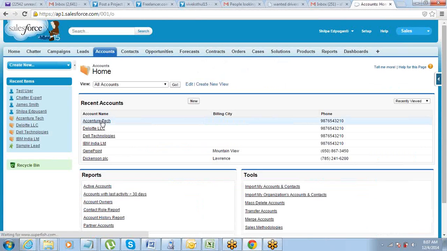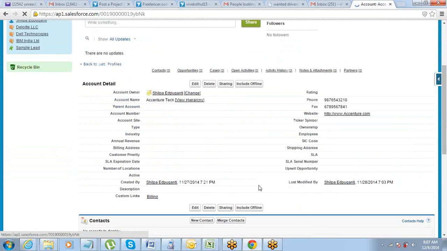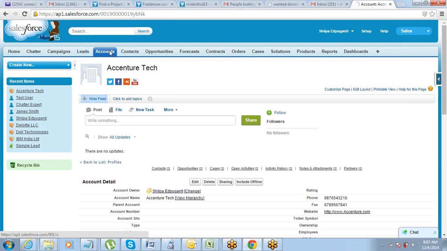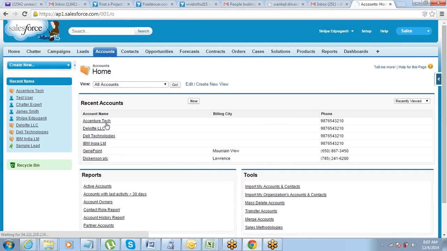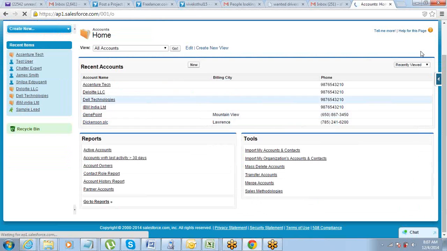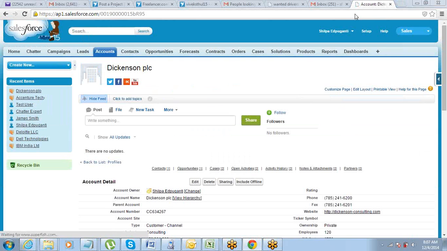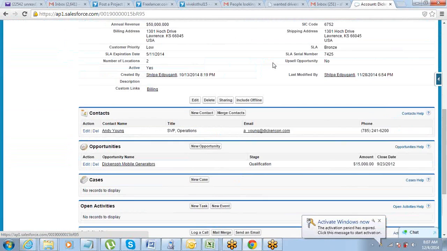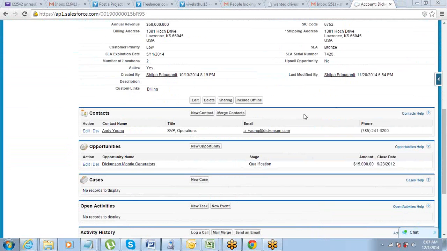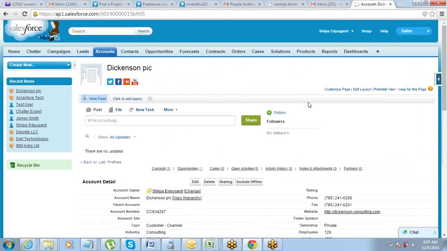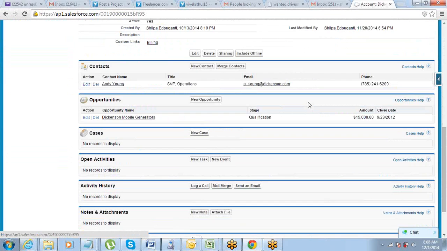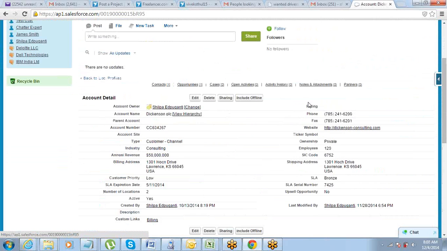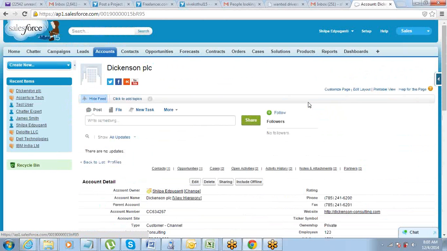So whenever you go to any object and click on a record, it opens up with a certain page layout, right? So this is how that looks. This is how the page layout looks. Let me open any other record. Right. So this is how it looks. This is how the page layout looks for this page. Right. Now the thing is that